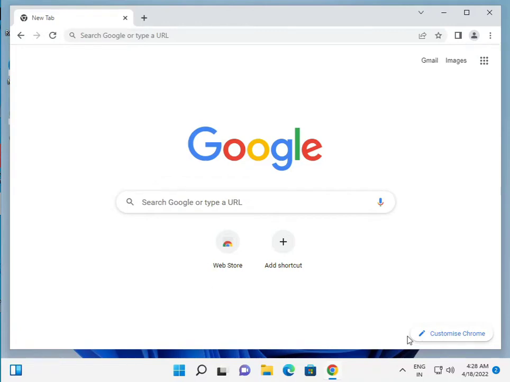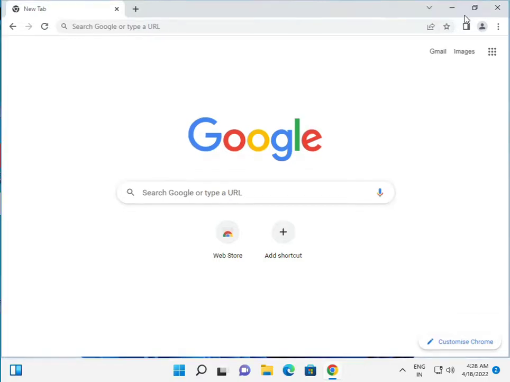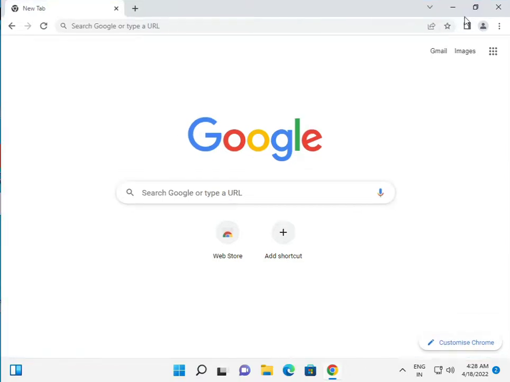Welcome to IT networking. How to install OneDrive and how to sync your basic folder, your local folder in Windows 11. So simple, you search on Google OneDrive download,